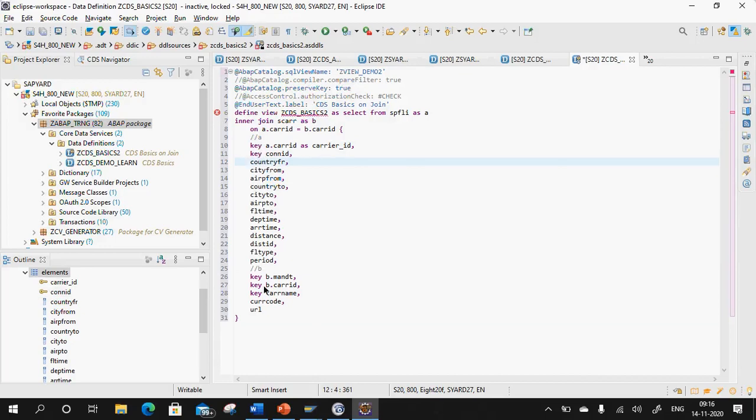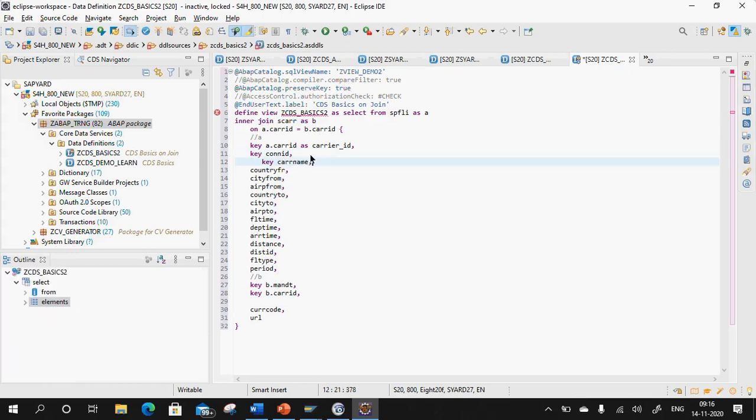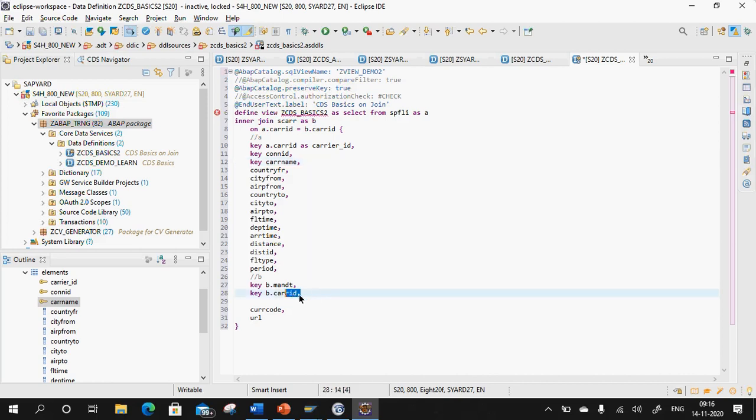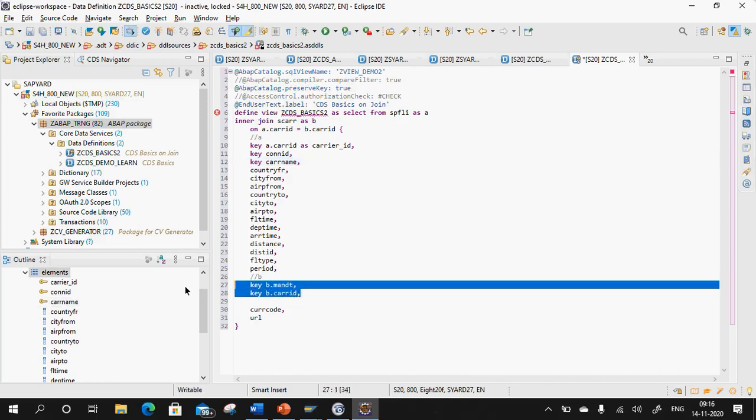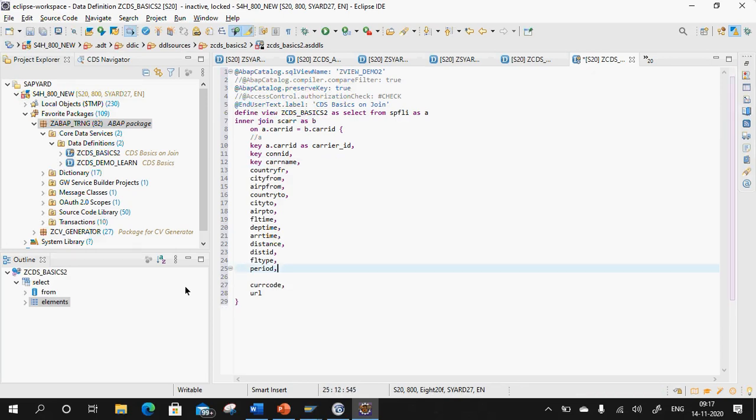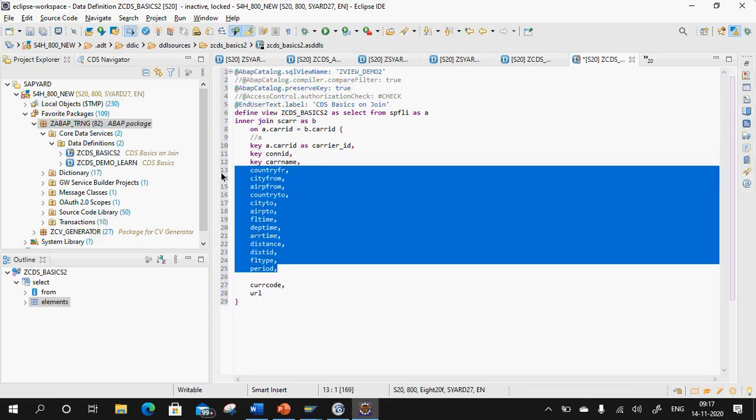So whenever you are specifying a key field and you also want to specify a key field here, either you can pull it here, Ctrl+X, here, okay, or you need to make it all in the same contiguous position, otherwise it will keep on throwing you the error. So you need to make sure that the keys must be contiguous, otherwise it will keep on throwing you error. Okay, here these are key fields, that is why it is throwing error. Now I'll remove both of these, and I don't need all these as well.